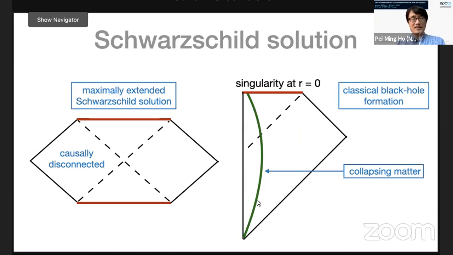Usually the physical scenario is to have a nearly Minkowski space at early times when everything has very low density. And then through a gravitational collapse, you have something more like a Schwarzschild solution. So with different initial conditions, you get different quantum states. And the quantum effect can be quite different for different quantum states.